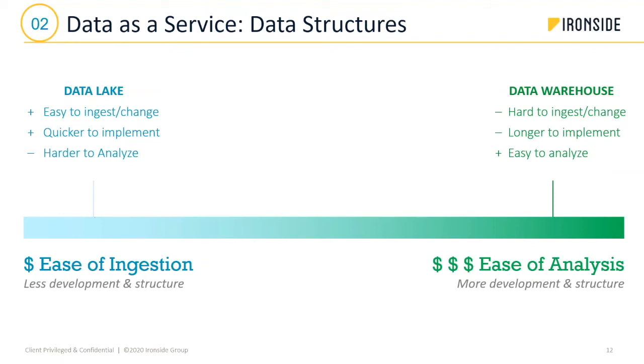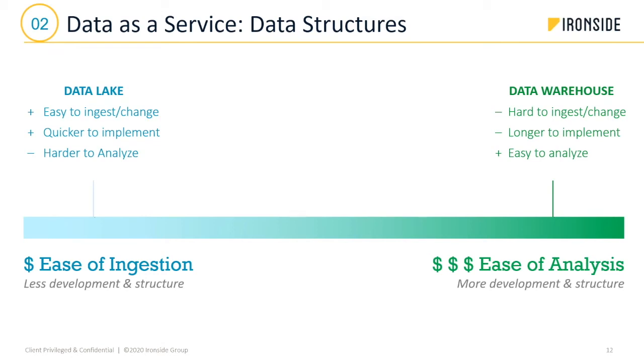And that compares to data warehouses, sort of as illustrated on this diagram. So if you think about a data warehouse, it's a lot more work to get data into a data warehouse. You have to understand your use cases. You have to create a data model. You have to build ETL or ELT to populate it. There's a lot more work that goes into building a data warehouse. But that work pays off because it is very easy then to get data out of the warehouse. You have everything organized into dimensions and facts. You can do drag and drop reporting. It's much easier to derive insight from your warehouse because of all the work that you put in creating it.